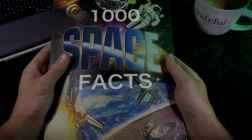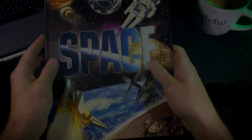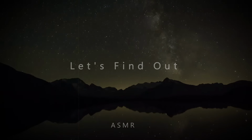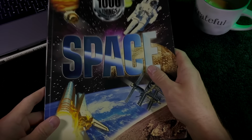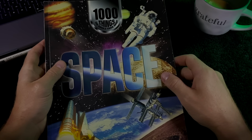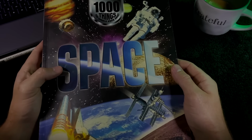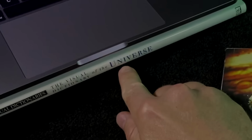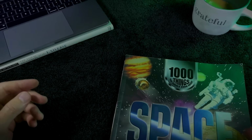It's storming outside quite a bit, and what better way to pass the time than to read a book? I found this bad boy in a Goodwill the other day, and I accepted the challenge to get through 1,000 things we should know about space, 1,000 facts. And over here, sitting on the universe itself, we got our trusty laptop to fact check and explore ideas further,